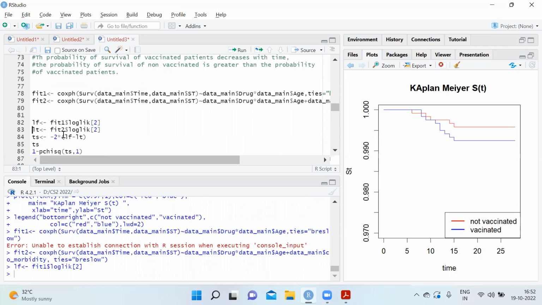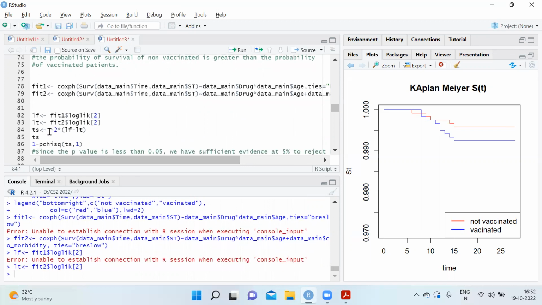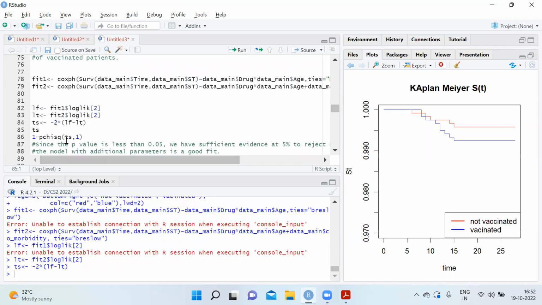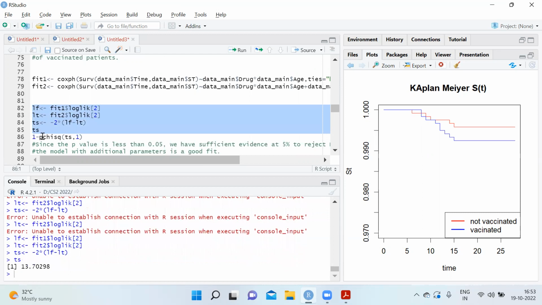And then we have LF, the likelihood of fit 1, and LT, the likelihood of fit 2. Then we do a likelihood ratio test between the two models, minus 2 times (LF minus LT). Then we have a test statistic. I think LF did not get stored. Sorry, I'll just run these together. LF is the fit 1 log likelihood, LT is fit 2, and TS is this. And the test statistic I'm getting is